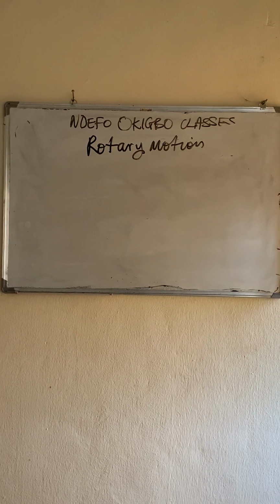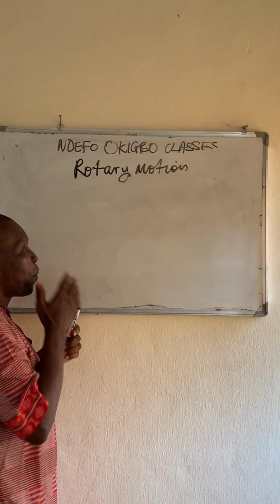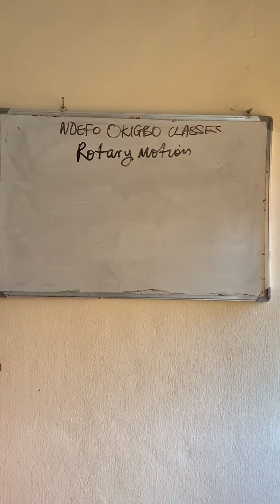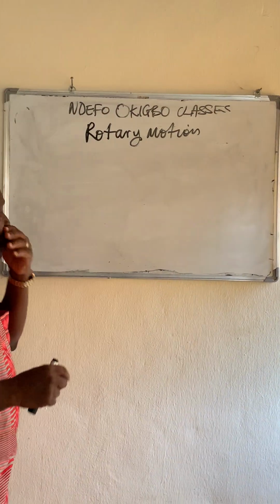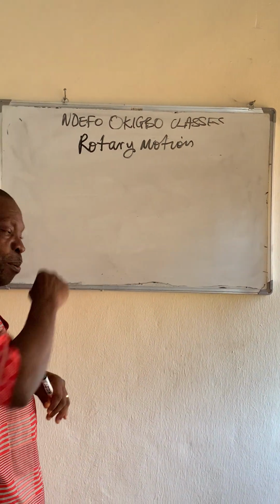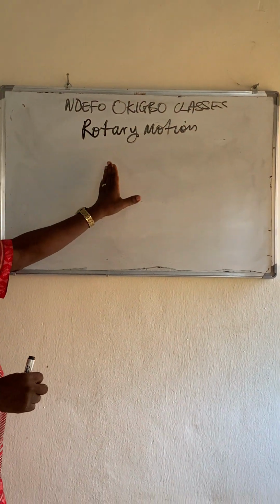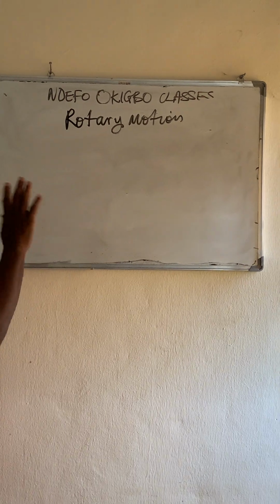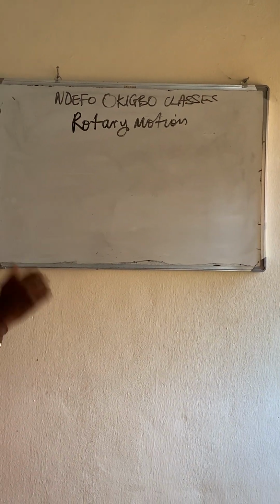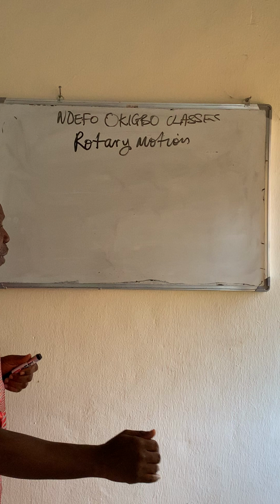So now we're going to talk about rotary motion. We've dealt with curvilinear motion on a curve. This is complete circular motion. That's what we're going to talk about now. Motion round the circle, circular motion. That's rotary motion. In rotary motion, the same way we have equation 1, equation 2, equation 3 of motion in